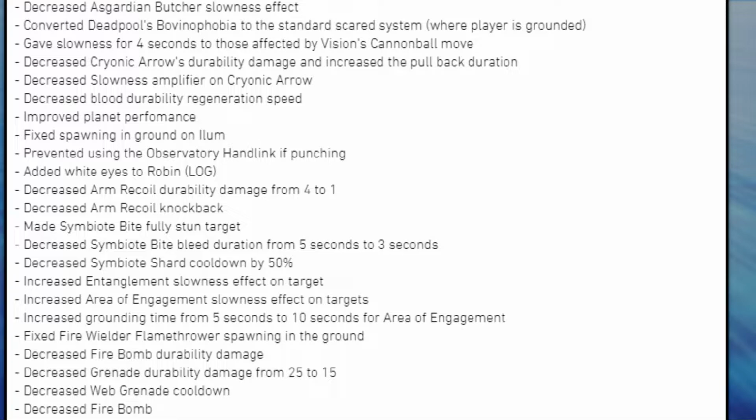standard Scared system where player is grounded, gave slowness for 4 seconds to those affected by Vision's Cannonball move, decreased Cryonic Arrow's durability damage, increased the pullback duration, decreased slowness amplifier on Cryonic Bow, decreased blood durability regeneration speed, improved planet performance, fixed spawning in ground on Illum, prevented using the observatory hand link of punching, added White Eyes to Robin, LOG, which is Legends of Gotham, decreased armor recoil durability damage from 4 to 1, decreased armor recoil knockback,